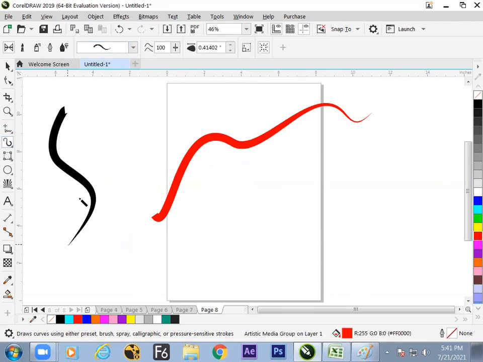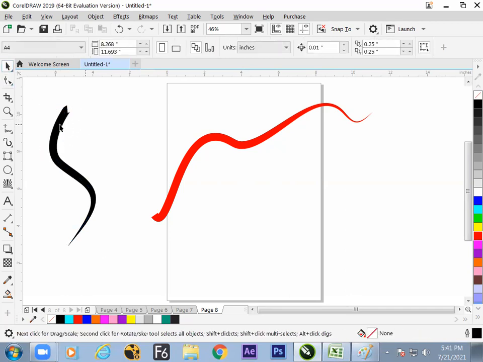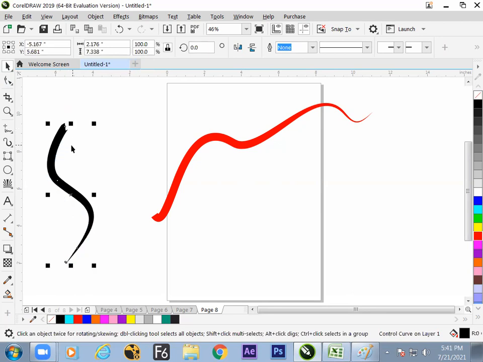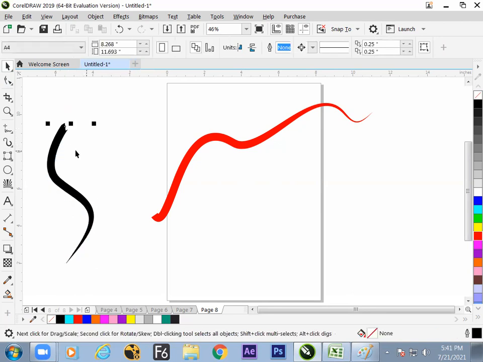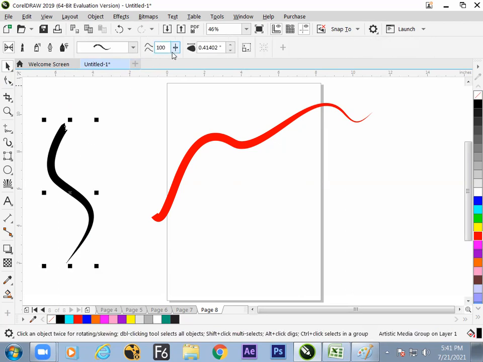So Artistic Media, then controlling it with the shape tool. After Artistic Media is applied, yes, you can increase the thickness.